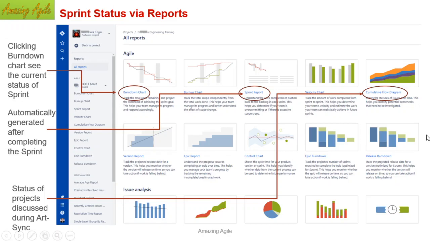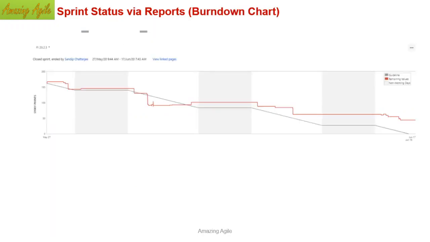Another important thing is, the stories which you have completed, you will not be able to see in the backlog or in the current sprint once the sprint is over. But if you come to the sprint report, you will find those sprints which you have completed. So completed stories are not visible anywhere other than the sprint report. That is a very important concept, because sometimes we need to see the old stories, how you have done it. In this case, you have to come here and open the stories. Clear? So the burn down chart view is this one.